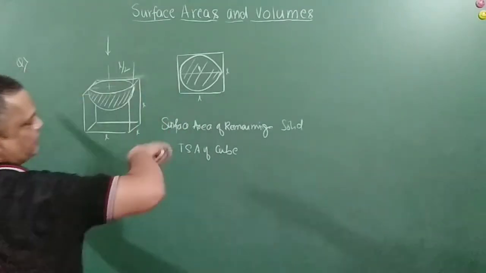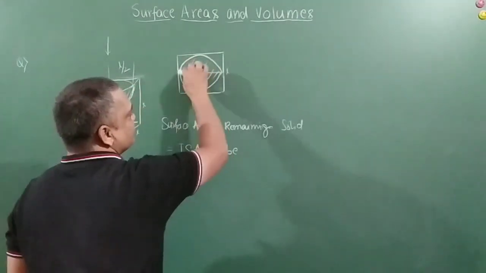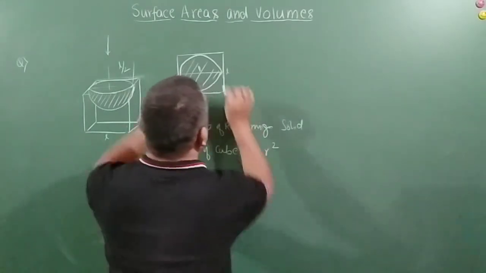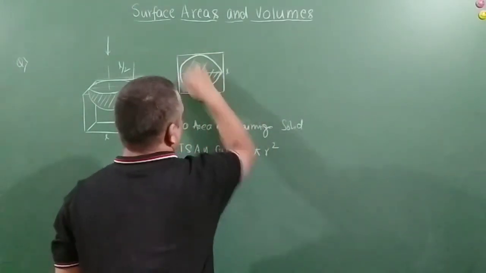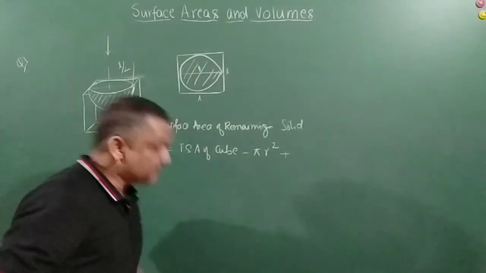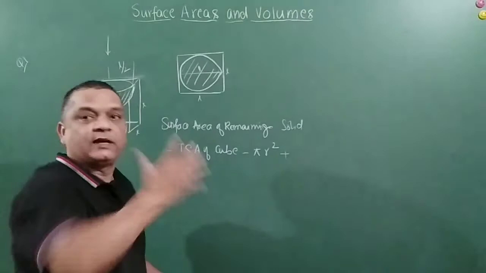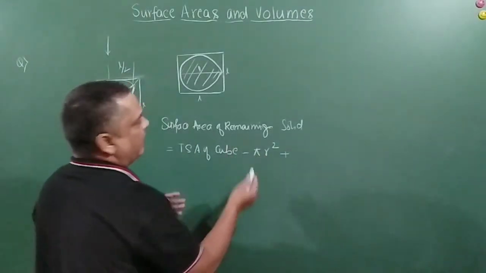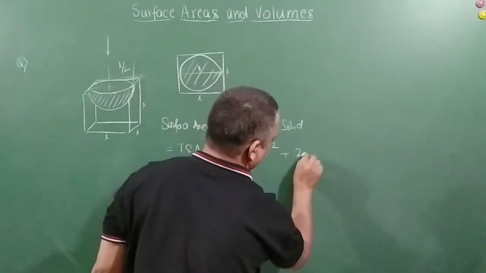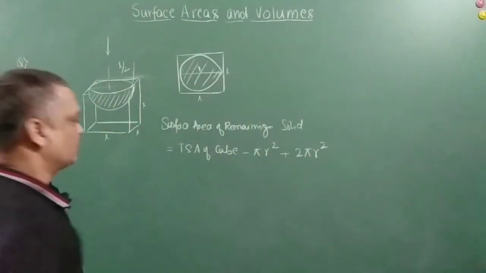So total surface area of the cube, right? In this, what I am going to do is that I am going to subtract this circle, minus pi r square. I am talking about this circle. There is only one circle here. Then I am going to add, because this will increase the surface area. It has become curved like this. You are able to imagine it? It has become curved like a ball, right? So I am going to add the curved surface area for a hemisphere, that is equal to 2 pi r square. Correct? So this is the total statement for me.